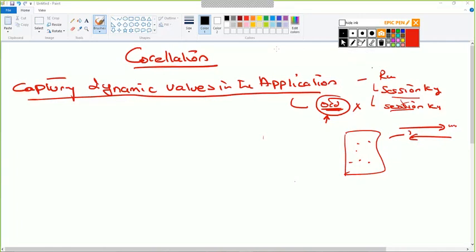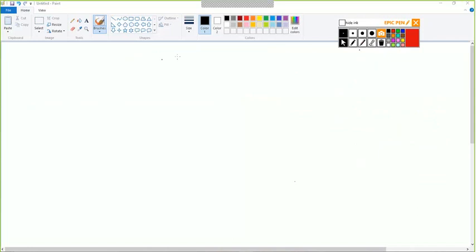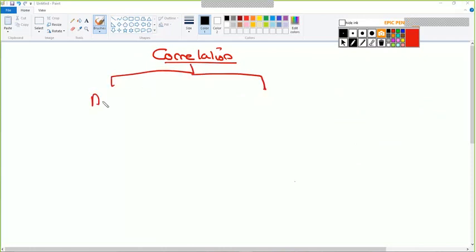So in order to capture dynamic values, again, there are two ways to do that. Okay, so in order to capture dynamic values, that is in order to do correlation, there are two ways to do correlation. One is called auto correlation and manual correlation. Now, auto correlation is